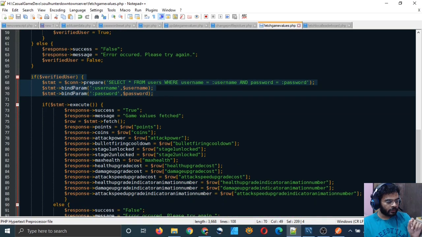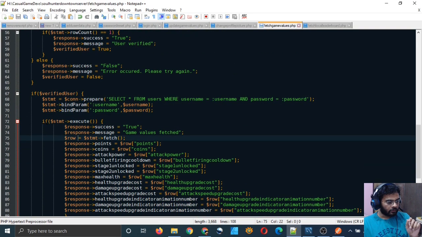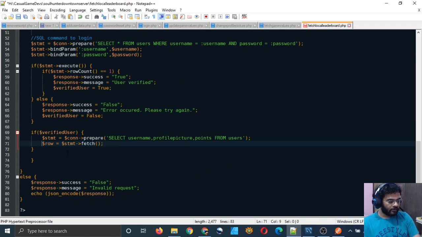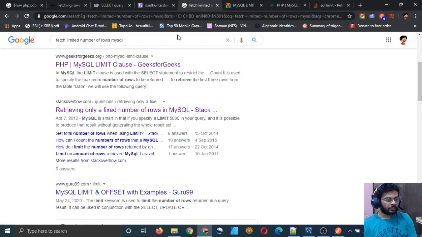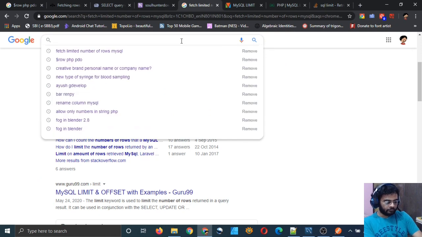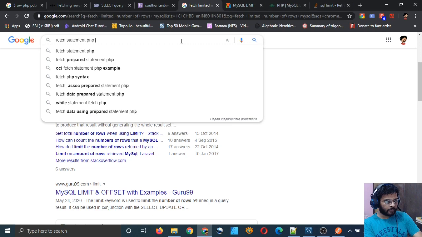Similarly to how we did it here, using this statement $rows equal to $stmt->fetch. But this time it will also be a multi-dimensional array. So let me see the fetch statement, PHP PDO.